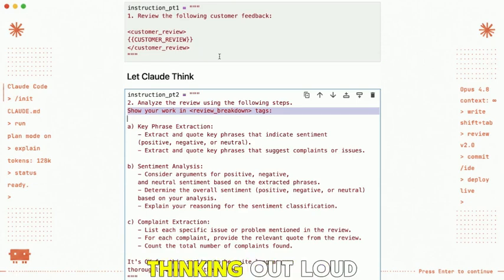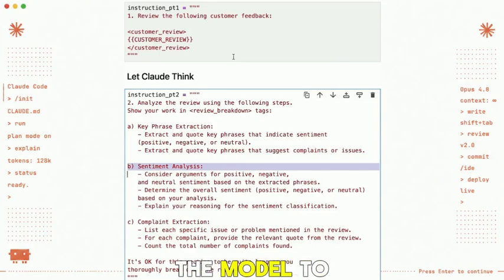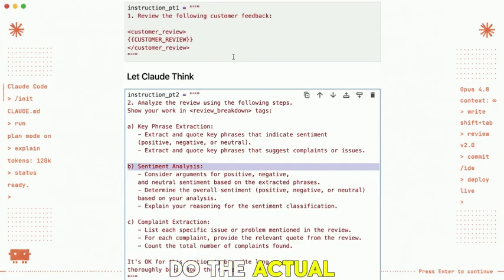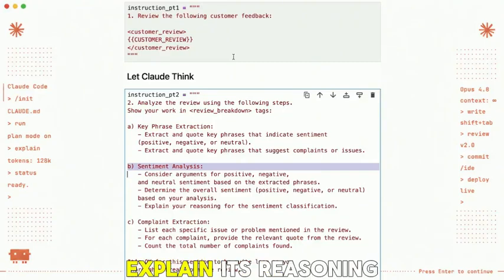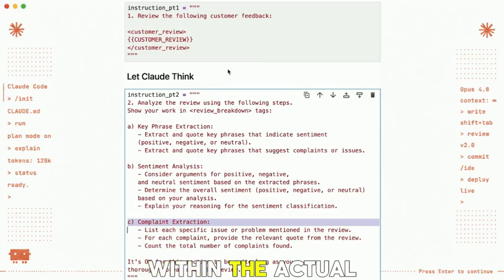So we can tell it to do its thinking out loud inside of review breakdown tags, separate from the actual analysis, the final result. We'll tell it to put its results in some separate tag. We tell the model to start by extracting key phrases that might be related to sentiment. Then we tell the model to consider arguments for positive, negative, and neutral sentiment, do the actual determination of the overall sentiment, explain its reasoning, and extract complaints that it finds within the actual customer review. And then we tell the model it's okay for this section to be quite long as you thoroughly break down